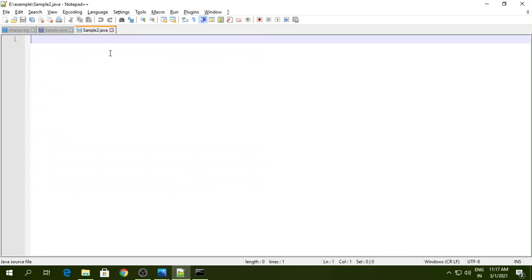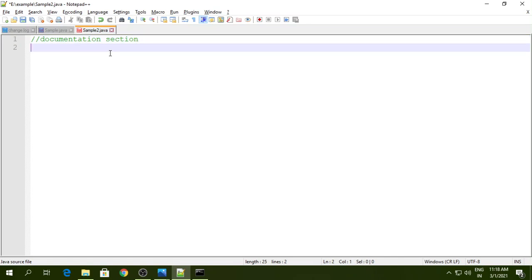So first of all, understand the minimum requirement of the Java programming language when you write a Java program. So always remember, the first section is called your documentation section. Basically this section gives us some information about your program.